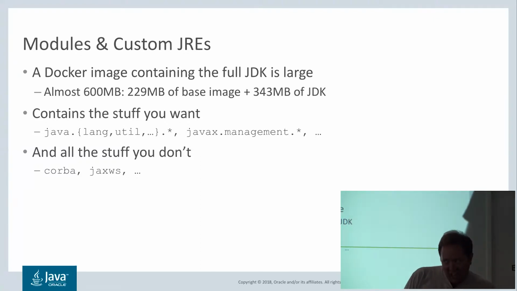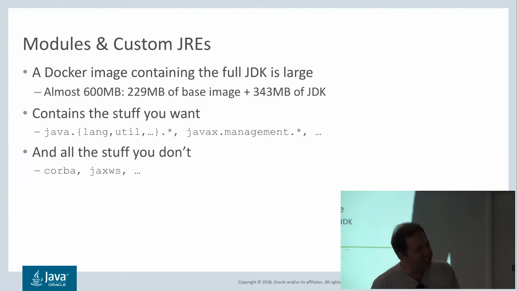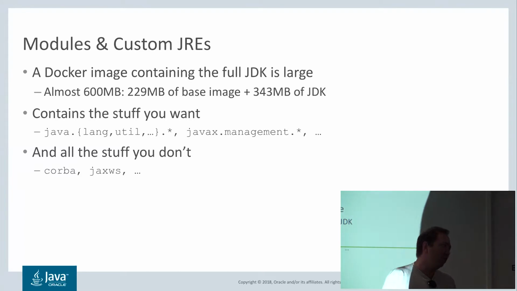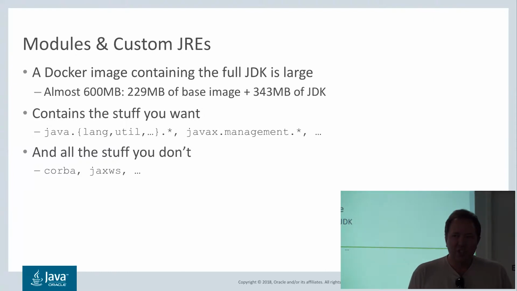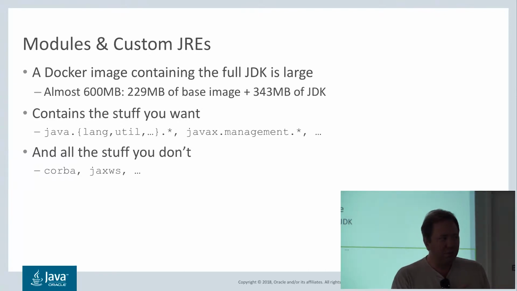Now we did have the JRE, which was a subset of the JDK, so you didn't get all the bells and whistles that you got with the JDK, but you did get most of it, let's say. And we actually even had, and still have, I guess, for JDK, something called the server JRE, which contained even less stuff, but ignore that. So the full JDK, and these numbers have changed a bit recently, so keep that in mind.